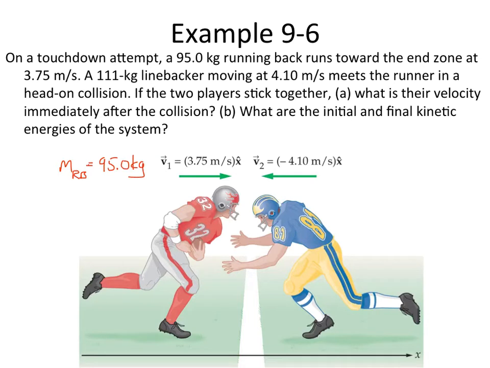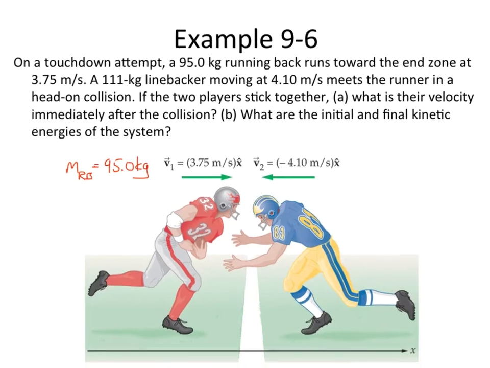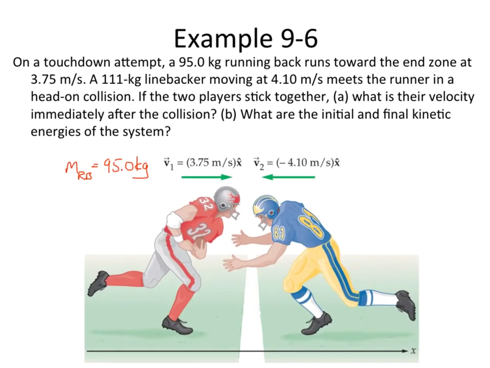He runs towards the end zone, that's that white line right there, at let's say 3.75 meters per second. Sorry, I had a menu bar right in the way and I couldn't read that. 3.75 meters per second. So the initial velocity, v_i, of our running back is